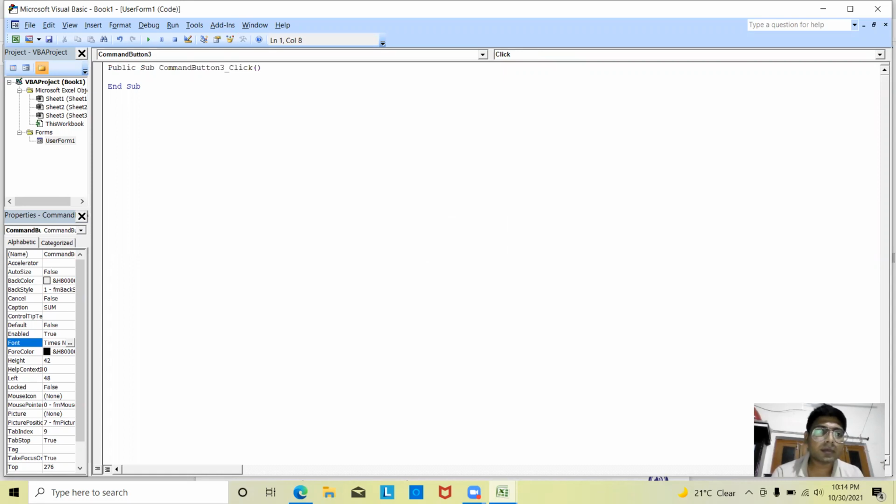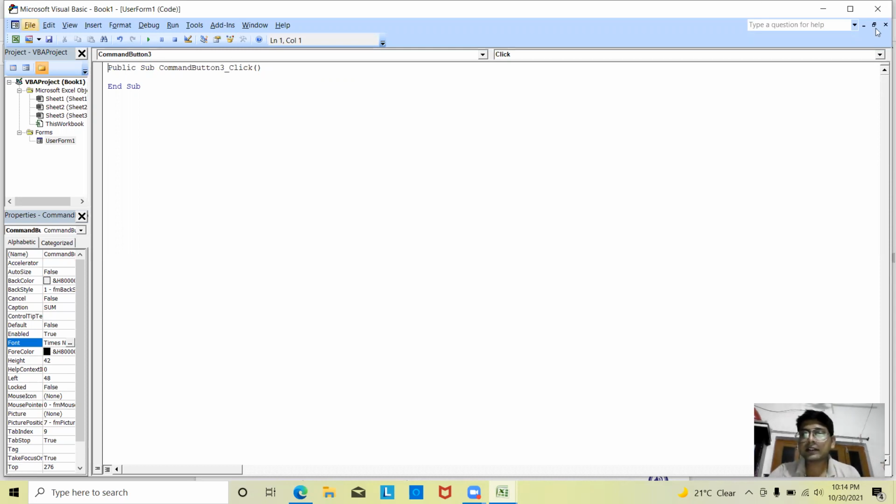First of all, it's command button 3 that is shown. So first of all we will check whether the code is for command button 1, command button 2 or command button 3. If it is command button 3, we will delete the first two command buttons and have only one command button.